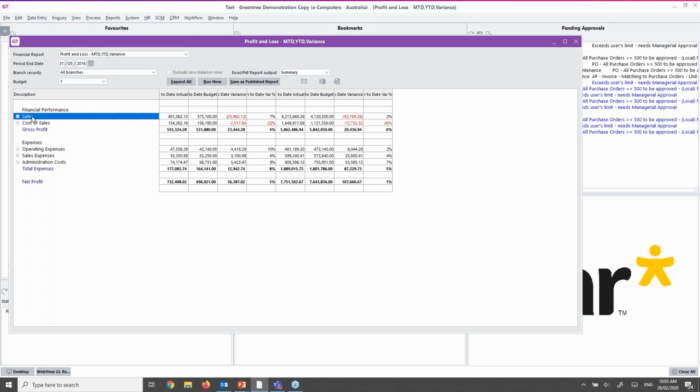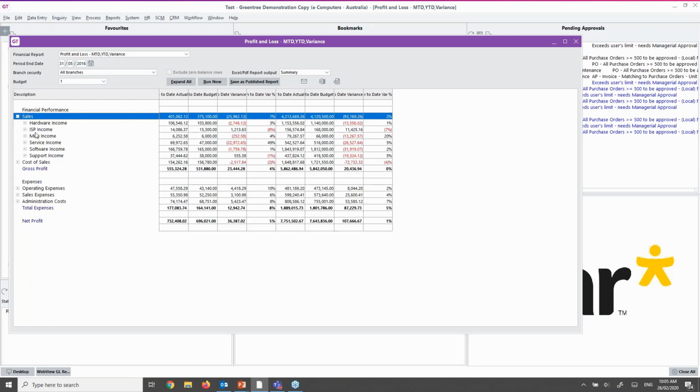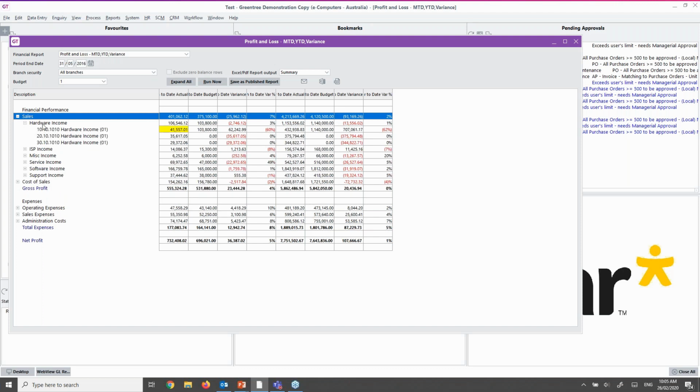If I have a look at this sales component, I can expand that and see the sub-tree branches or child tree branches of my income tree, and I can keep expanding that all the way down to the individual general ledger account. You'll notice that one of these cells is currently highlighted in yellow. So you've got the ability for a report